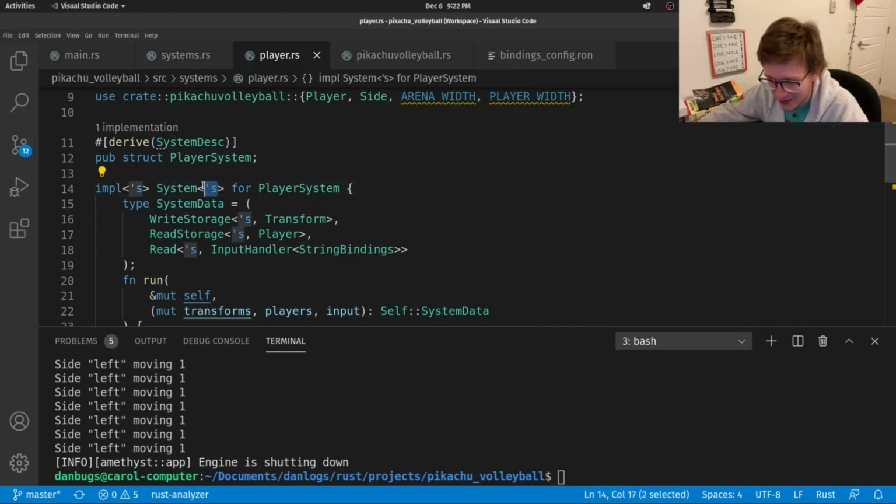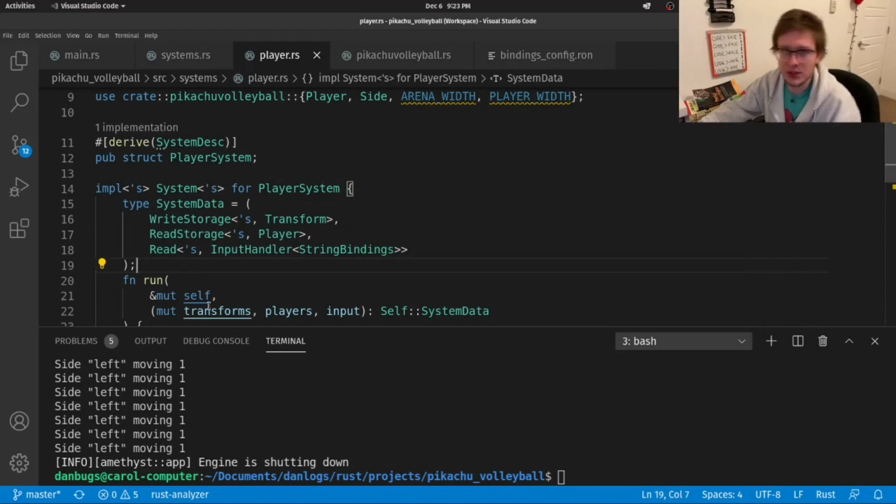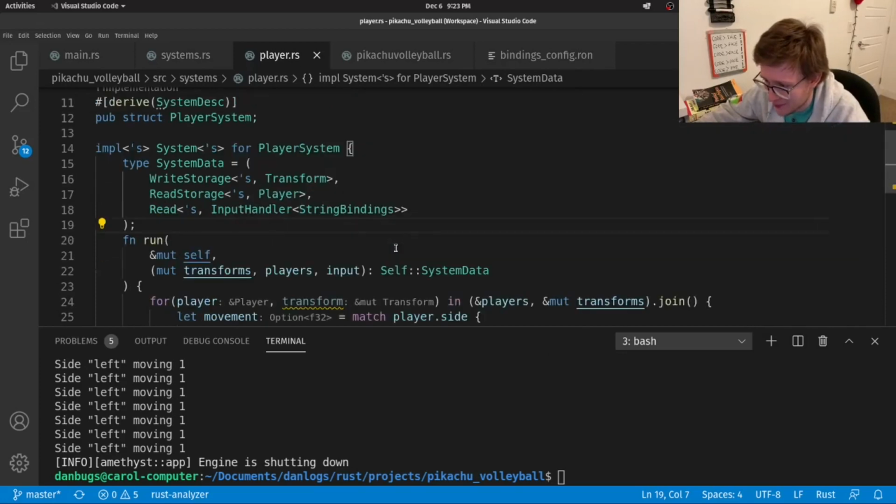We have this system with this lifetime called S, and the main point of this is that we want to make sure that the resources and the components that we're using live as long as the system that we're creating. Otherwise, it's no good. If we have an input handler that dies before our system is done running, then we won't have any key presses to handle. So that's lifetimes.